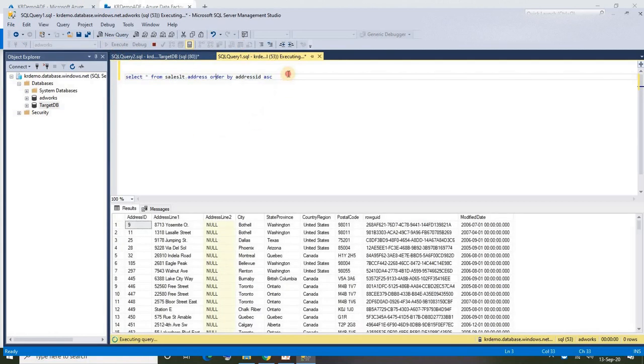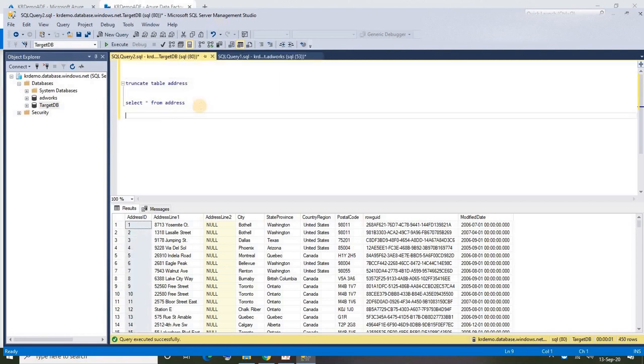Fine. So for that, we can handle it in another way. When you map it and try to insert the value by mapping, it is not taking it, it is failing, right? But if you take off that mapping, it takes its own value. But our requirement is to take whatever value is in the source table. So while this load is happening, we need to temporarily disable that identity property on that specific column in the target table.